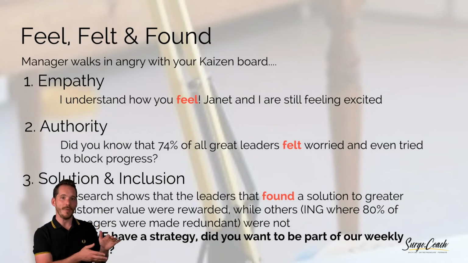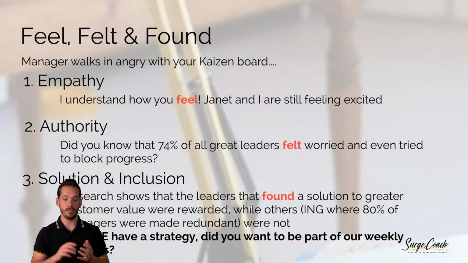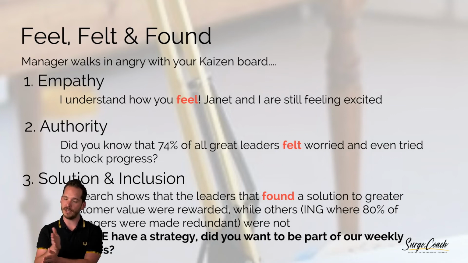This exact example was one I used about 3 years ago. This person, yes, I want to be involved in the weekly updates, was still angry. I think they knew I manipulated them a little bit there. But they were involved in the weekly updates from then on. They went from combative to neutral to a champion of this new process within 3 weeks. It was astonishing to see. And all it was because I used empathy to understand them, slightly tricking them into an authority position, and then including them in the process.